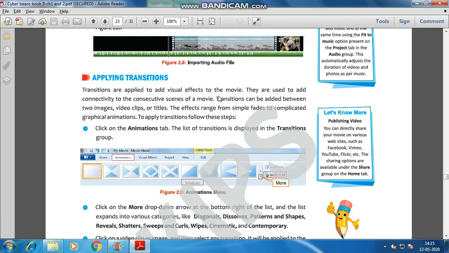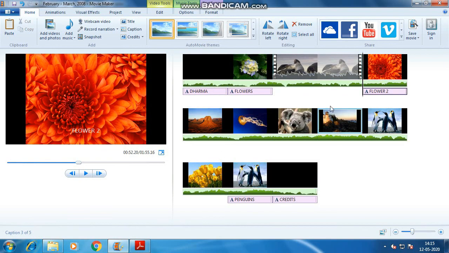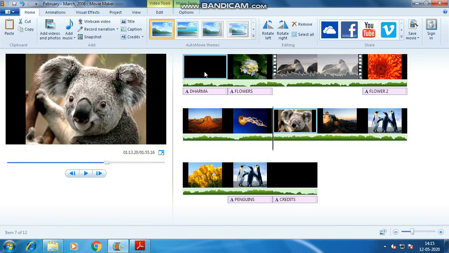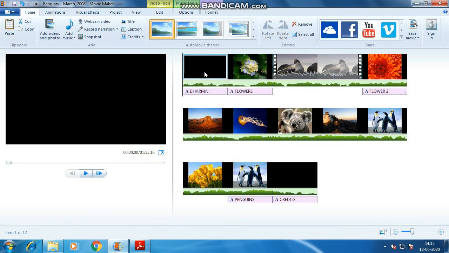Adding transitions. Transitions are basically applied to add visual effects to the movie, this whole movie, right? I have added some photos here now, so I'll be putting a transition on each and every photo or video. So let me go to the animations, right?